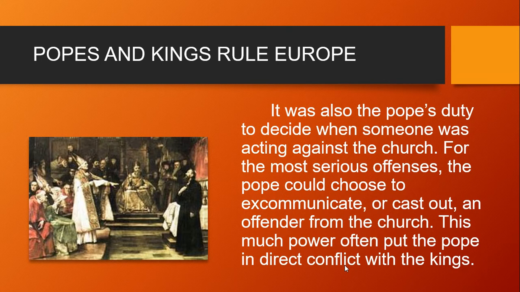Popes and kings rule Europe. It was also the pope's duty to decide when someone was acting against the church. For the most serious offenses, the Pope could choose to excommunicate, or cast out, an offender from the Church. This was most often put to power when the king was in direct conflict with the Pope, as is the case in this section. But for another example, on Thursday in this class, we had discussed the scientist Galileo Galilei. Galileo Galilei was also excommunicated by the Pope